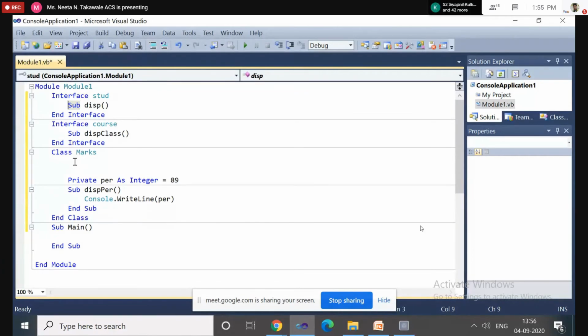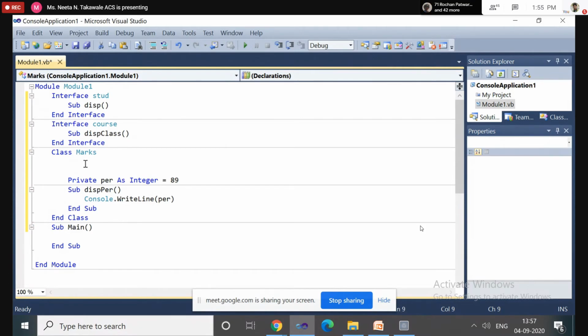Now we can create the class Marks as a derived class, which inherits the methods from the interface Student and the methods from Course. While you are inheriting from Student and Course, always remember to use the Implements keyword instead of the Inherits keyword. Which keyword do we have to use? Implements keyword.